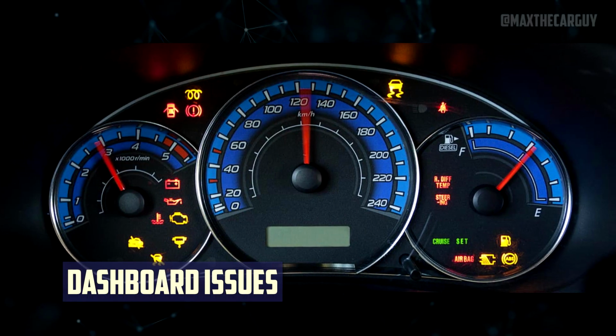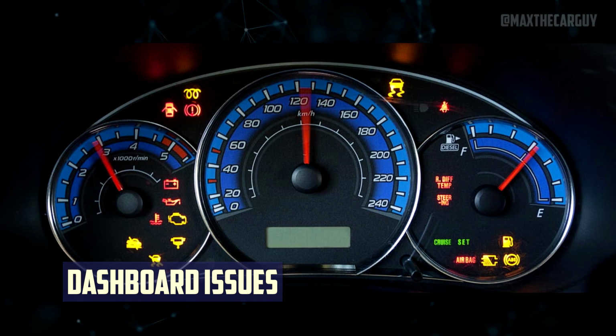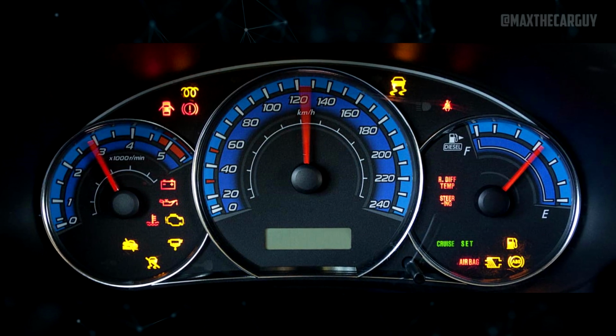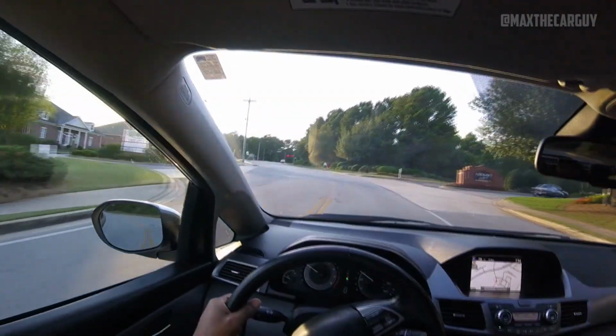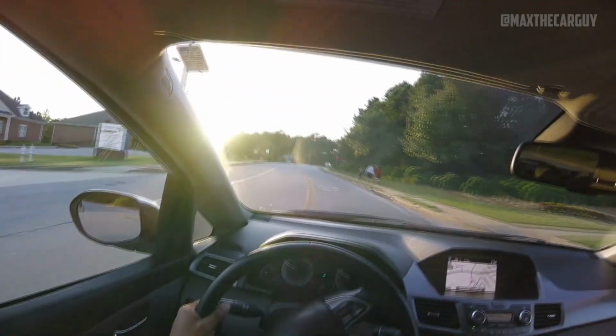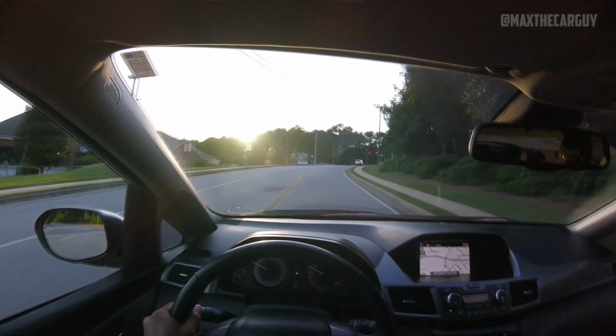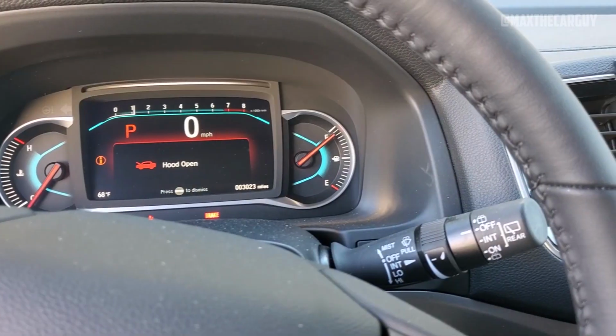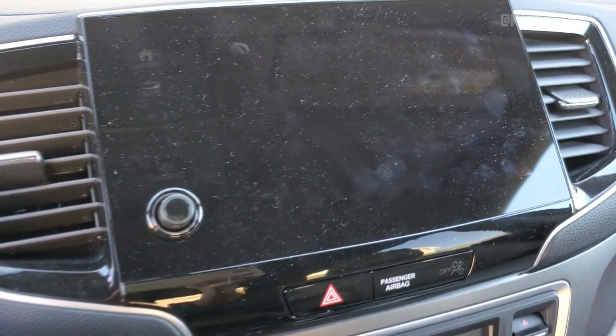Dashboard and entertainment system issues. The instrument panel is prone to issues because of a software error in the instrument panel control module. If the motorist unexpectedly loses access to important data like speed, RPMs, engine oil pressure, etc., it is viewed as a significant safety concern. This occurred on a specific Odyssey from the 2018 to 2020 model years, prompting Honda to